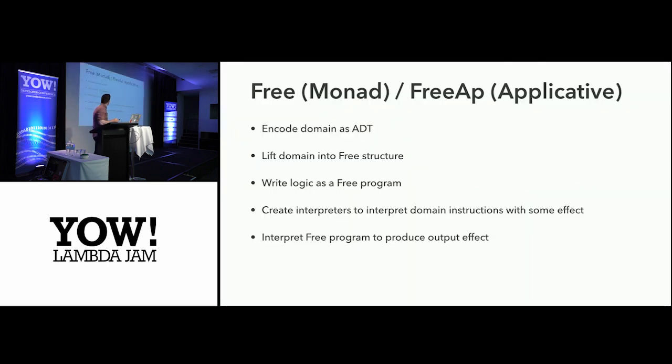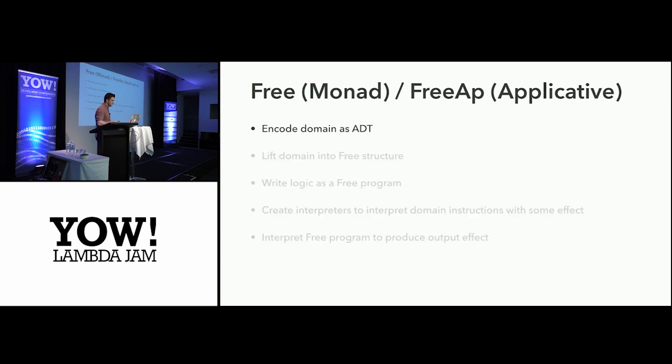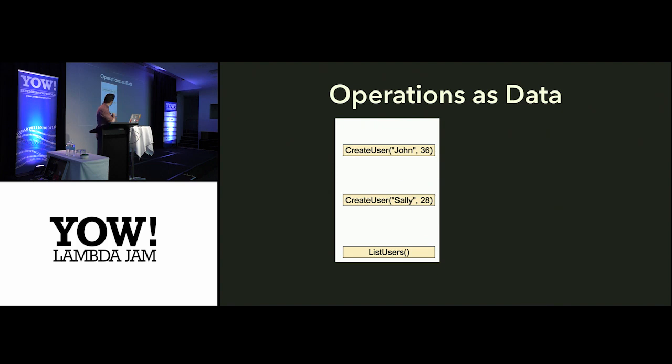So the free monad and the free applicative both have very similar ways that you set these things up. And they roughly go: encode domain as ADT, lift the domain into a free structure, write logic as a free program, create interpreters to interpret the domain instructions with some effect, and then interpret the free program to produce the output effect. So starting with encoding our domain as an ADT, as we saw, it kind of looks like this,